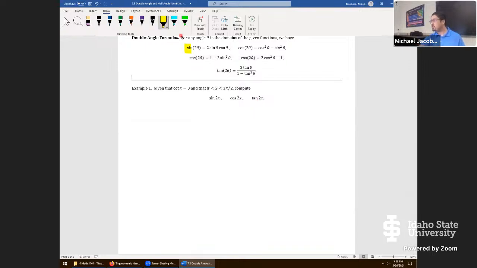Well, again, these are the major identities that we would want to use. And we're about to see why this one is really just here for completeness. You actually don't need that identity to calculate tangent 2x, but we'll see why that's going to happen. First thing we should do, though, is if you're going to calculate sine 2x, notice you need to know the value of sine theta and cosine theta, or sine x, cosine x. So let's start right here